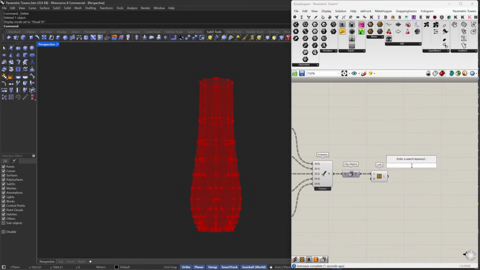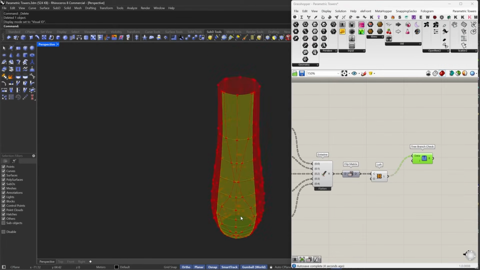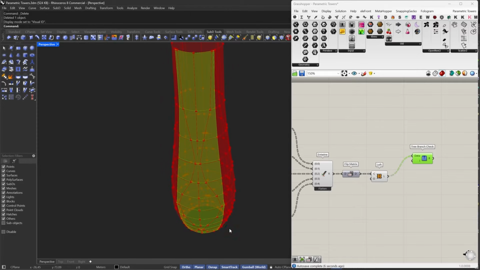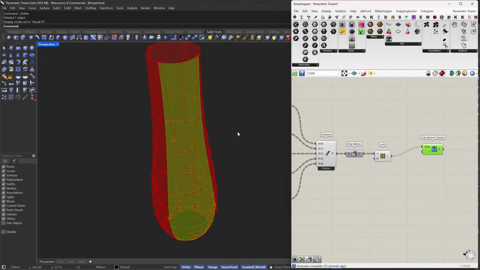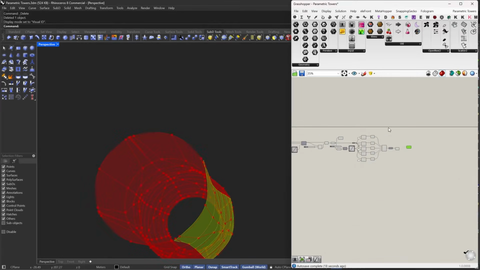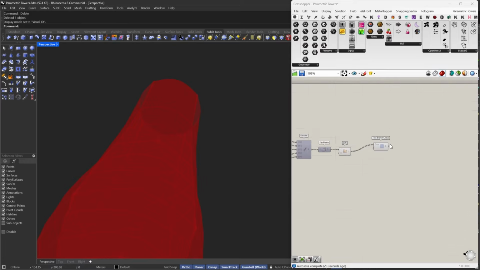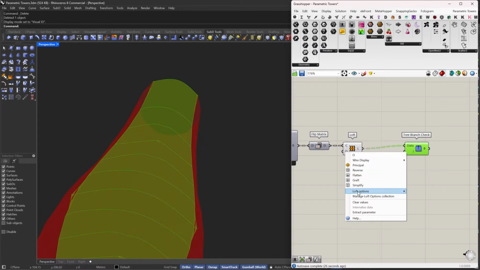And when I loft, if I go to tree branch, you will notice that right now I'm selecting one of them, which is this side, and you can see that this is the 0, for example, and then the first one, and then the middle, and then the second one, and then the 1, which is the end. But right now it's too smooth. If you look at all of this, it's just like a very smooth curve. I don't want that. I want it to have a straight